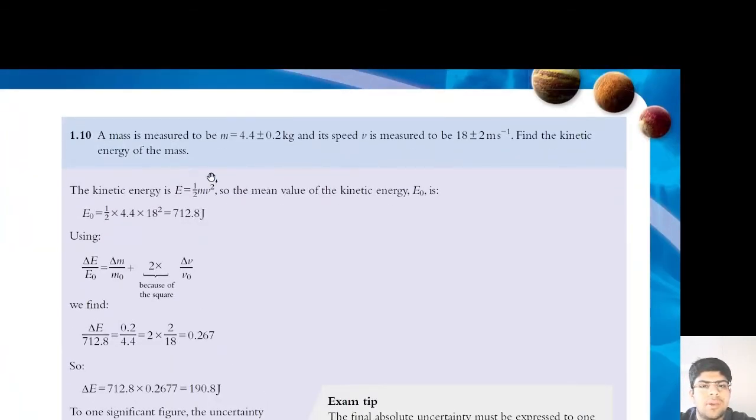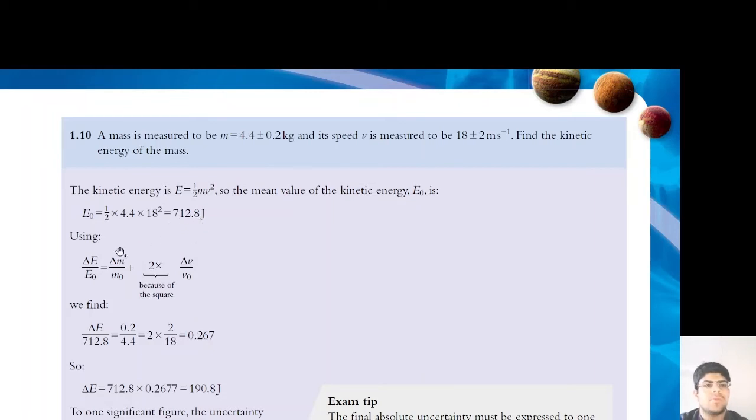Now, we have another example. A mass is measured to be m equals 4.4 plus or minus 0.2 kg, and its speed v is measured to be 18 plus or minus 2 meters per second. Find the kinetic energy of the mass. The kinetic energy is E equals 1 over 2 mv squared. So the mean value of the kinetic energy, E0, is half into 4.4 into 18 squared, which equals